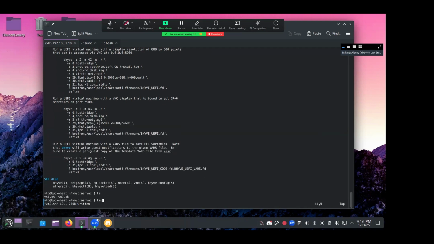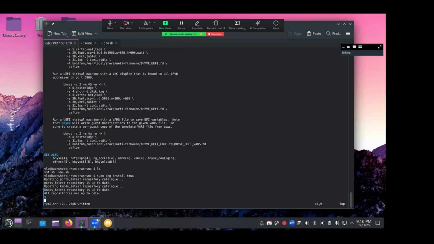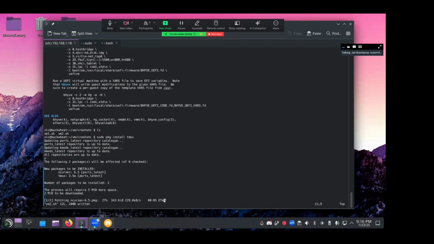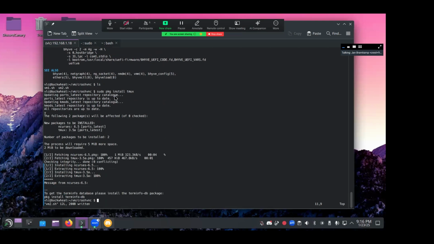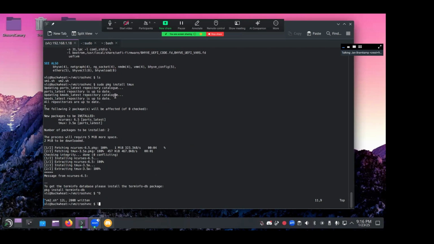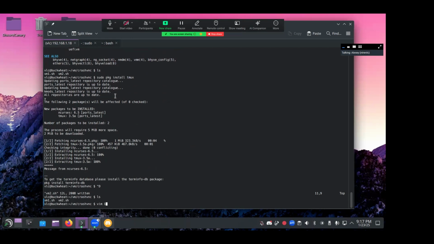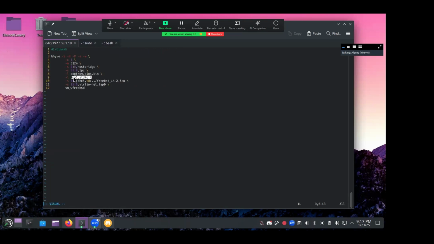Don't you have to specify the TCP address? It should default to all IPs if you omit that. Yeah, but you can only have one VNC-enabled machine on the same port bound to any IP address. We have only one machine with that. Perfect. This one is COM1.